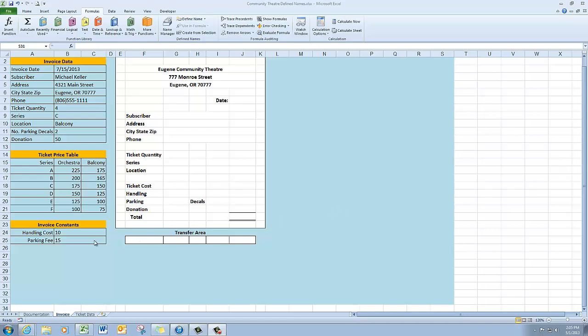So a defined name happens when you choose a cell or a group of cells and assign a name to them. And you're probably asking yourself, why would you do that? Well, one reason is that using the names rather than the cell references